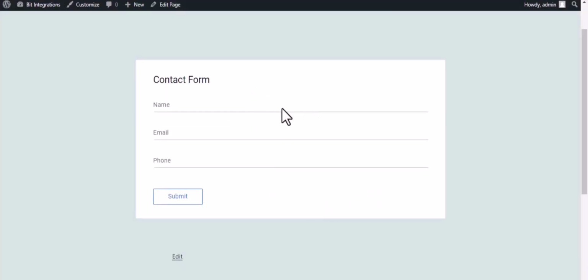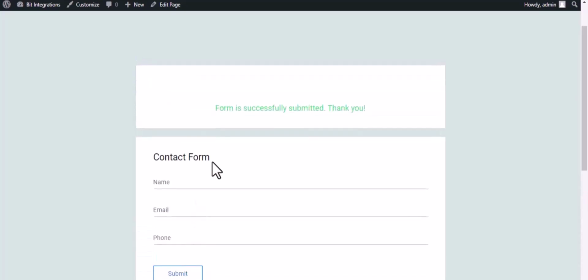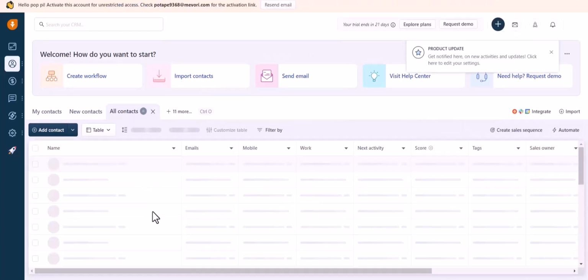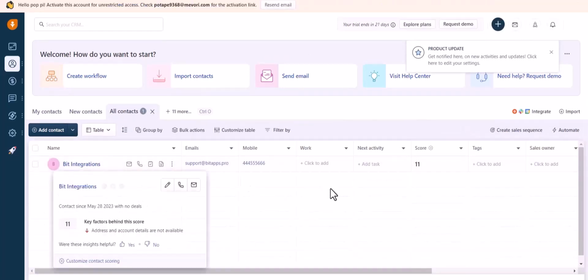Now go to your form and type some information and submit the form. The form is successfully submitted. So go to your Freshsales site and refresh the page. Here you can see the data came successfully in the